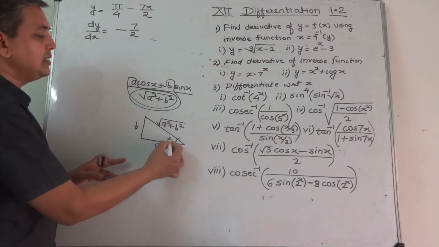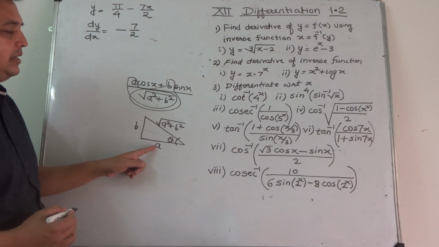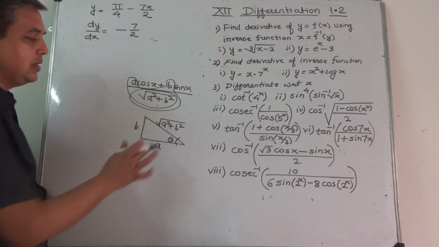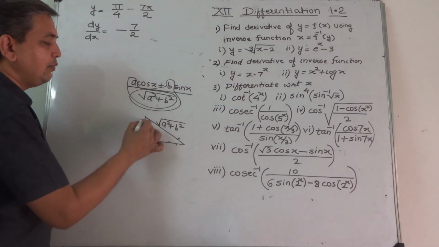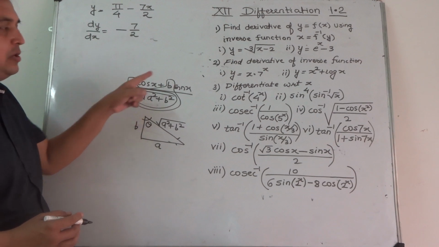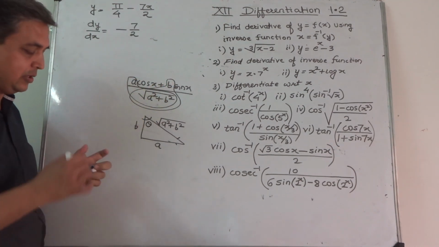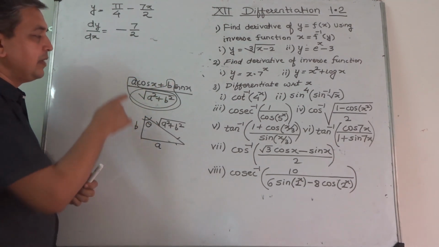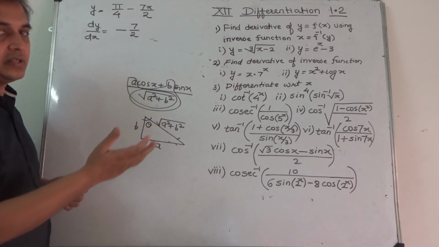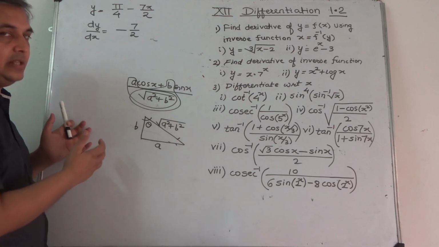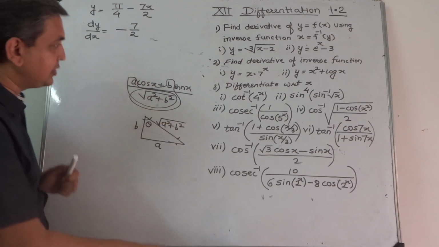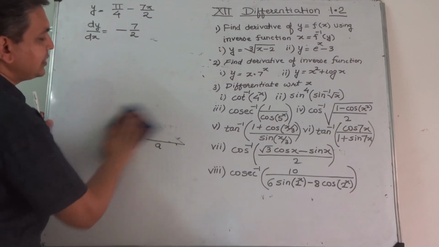If we consider this angle theta, then this is adjacent side upon hypotenuse, this is opposite side upon hypotenuse, and instead of this, if we consider this angle as theta, then it is opposite side upon hypotenuse or adjacent side upon hypotenuse. So in any case, if one of them is cos theta, the other is sin theta, and if first is sin theta, then the other is cos theta. We will be using this for question number 7. Let us go to question number 7 now.